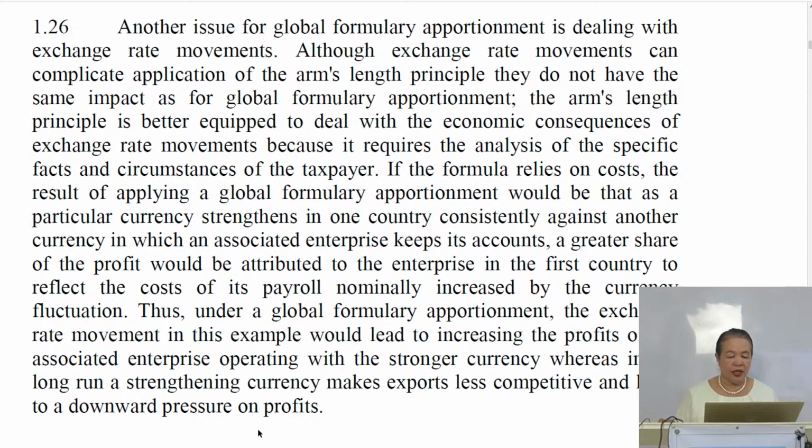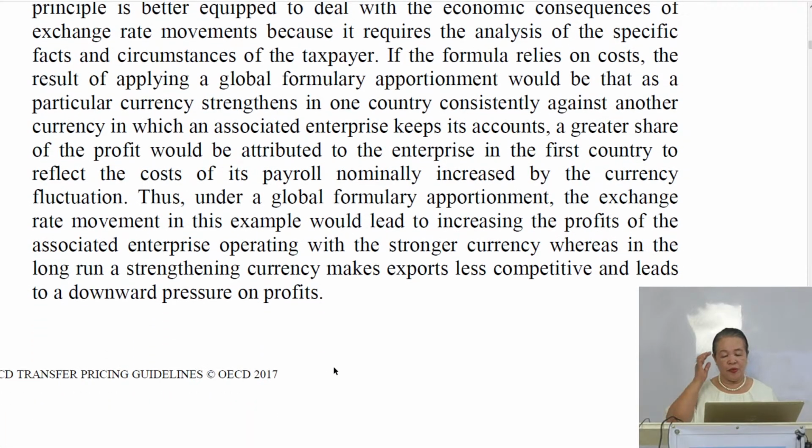So a greater share of the profit would be attributed to the enterprise in the first country to reflect the cost of its payroll nominally increased by the currency fluctuation. So magkaiba ang effect sa bawat country, no? Especially iba-iba yung currencies. Thus, under global formulary apportionment, the exchange rate movement in this example would lead to increasing the profits of the